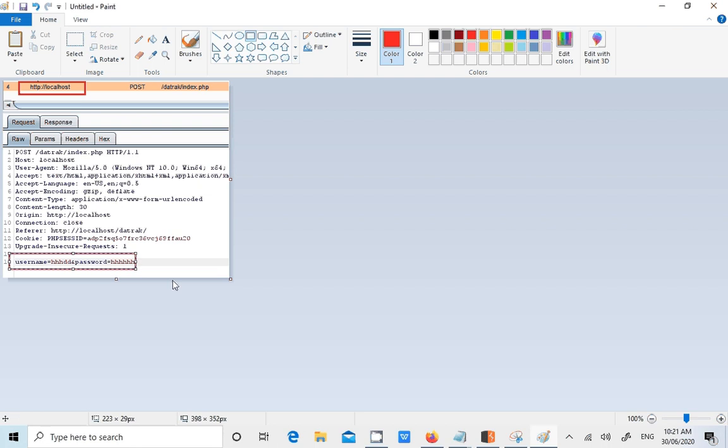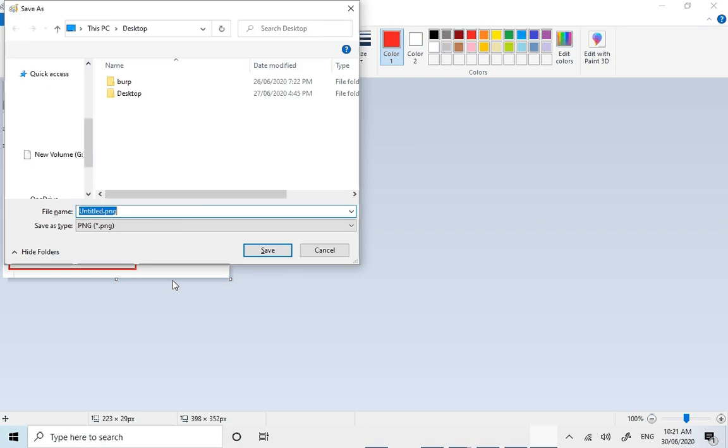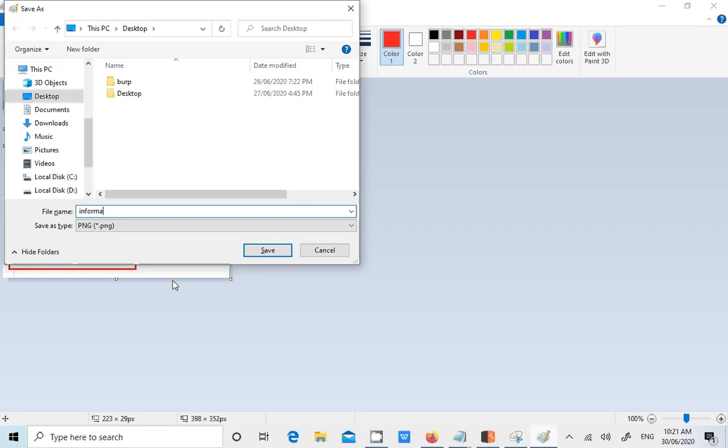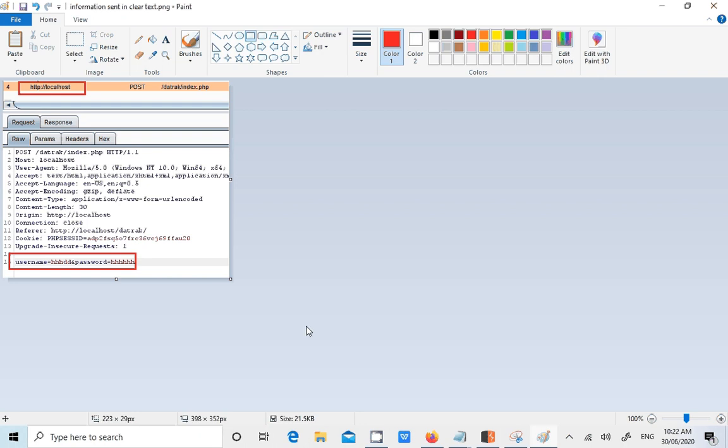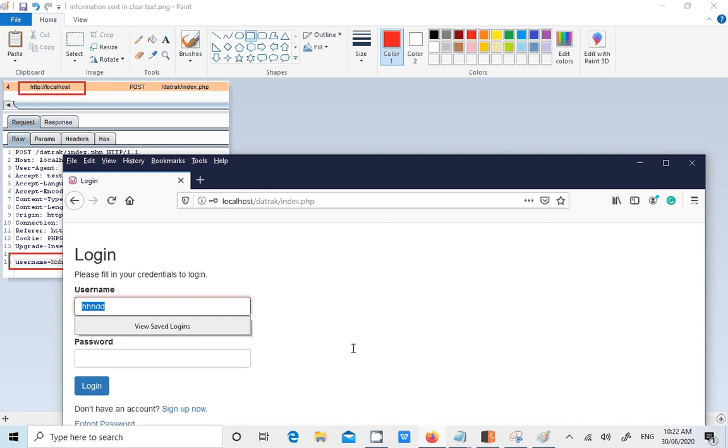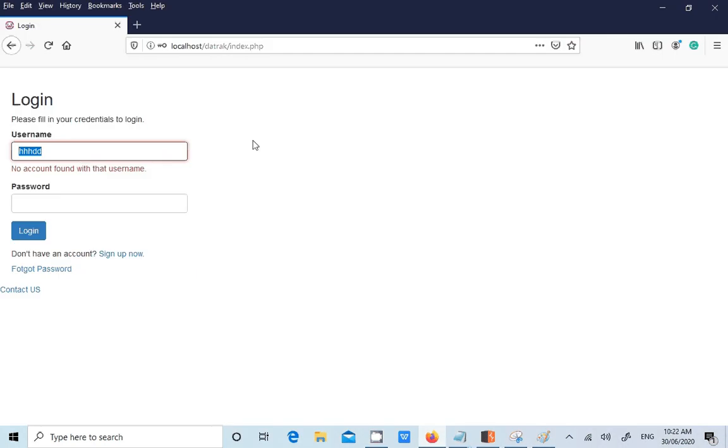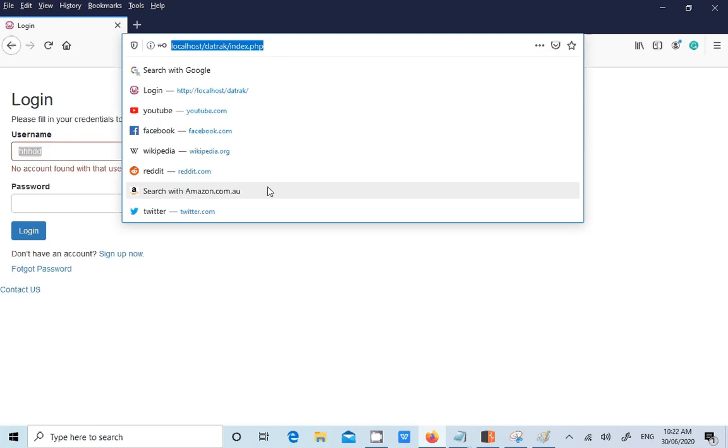Just save this screenshot, guys, showing information sent in clear text, so that it's evidence for you. Okay, now you've got the screenshot. Let's say the website is sending over HTTPS, that means